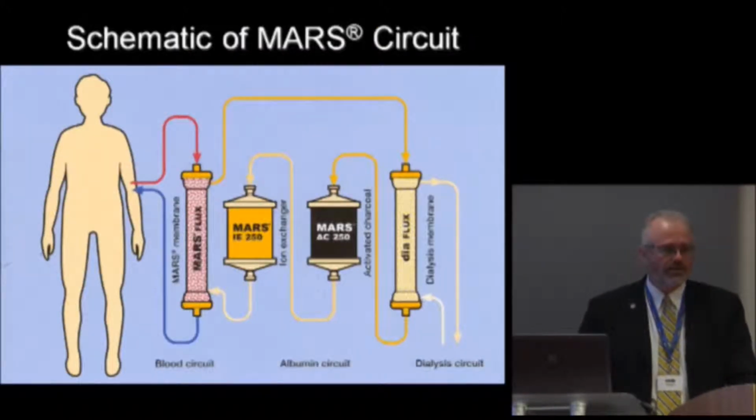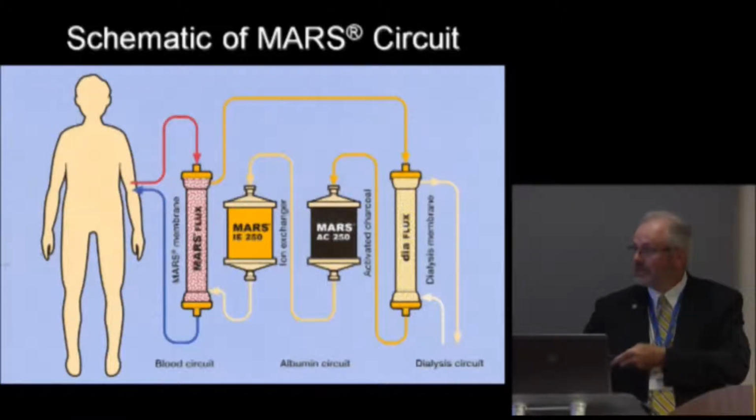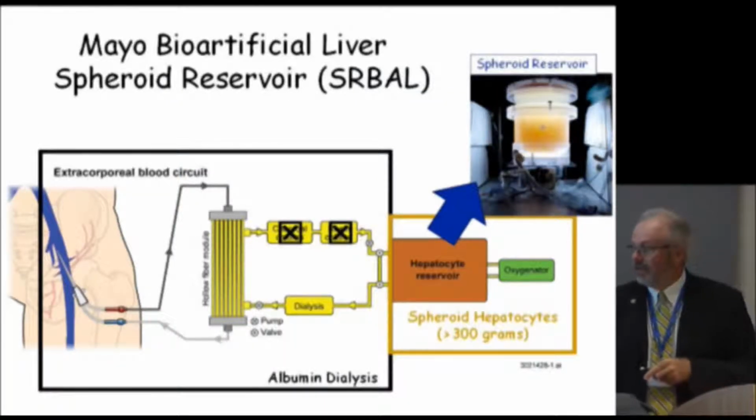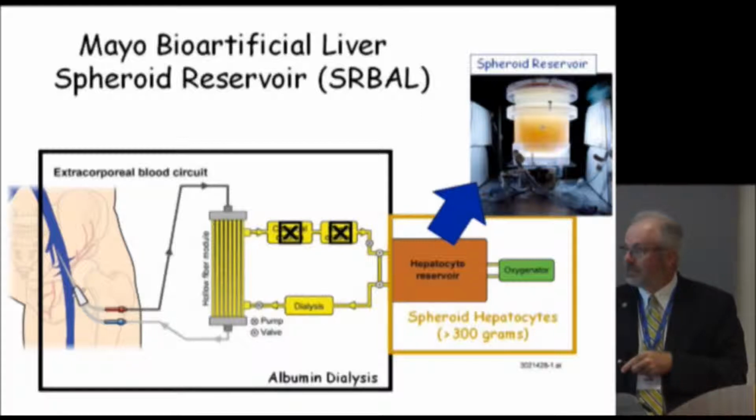People are familiar with the MARS system, which has shown some benefits in some situations, not much improvement in survival, but probably some improvement in hepatic encephalopathy. If you think about this system, remove the charcoal, remove the ion exchange column, but leave the albumin in the system. That's essentially what the device I'll talk about is. It's an albumin dialysis system that's had the charcoal and the resin columns removed, and